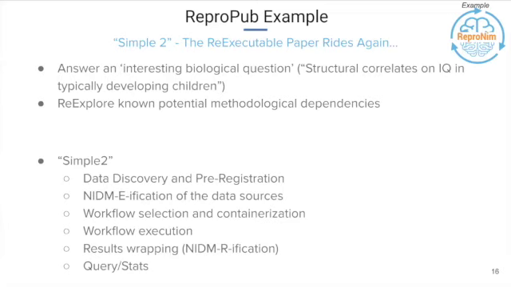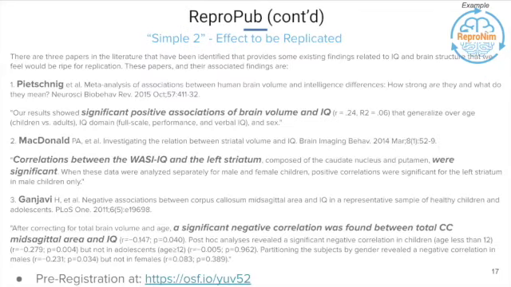generate a repro-pub that looks at the generalization or the reproducibility of some common conclusions from the literature. In this case, there are 3 different papers here that have specific hypotheses about what we should see with respect to brain imaging and IQ. All these turned into 9 hypotheses, which are pre-registered, right?